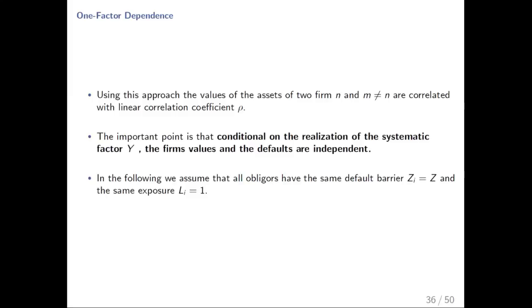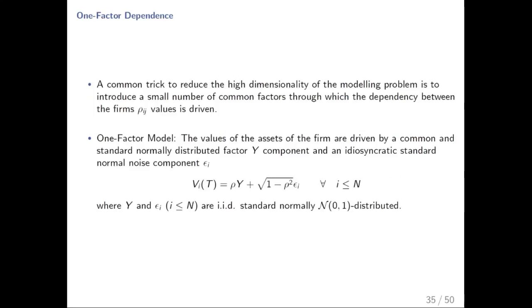Now, why is this going to be a tractable model? The critical point about this formulation is that conditional on observing Y, the state of the economy, all of the defaults will actually be independent, because this is an IID shock, independent for each asset. So that's the trick in this model: everybody is exposed to a common factor plus an idiosyncratic shock. So conditional on observing this bit,